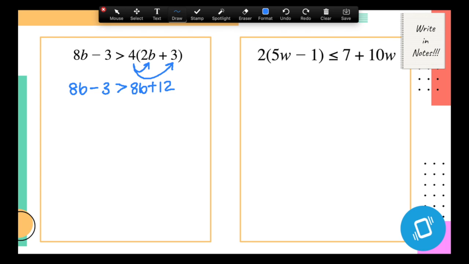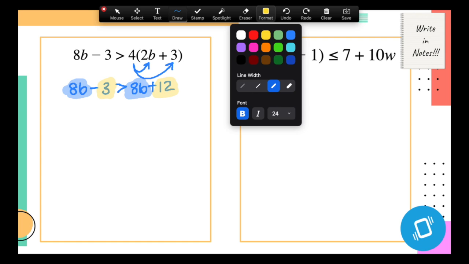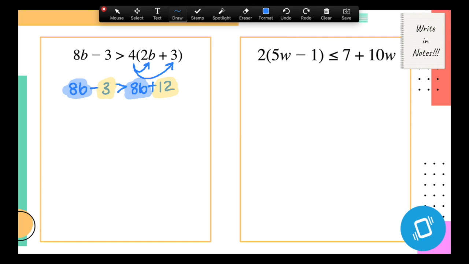Next step is to combine any like terms. I see here that the 8b and the other 8b are like terms. I also see that the negative 3 and the positive 12 are like terms as well. I'm going to start off with the 8b first, so by subtracting 8b from both sides,